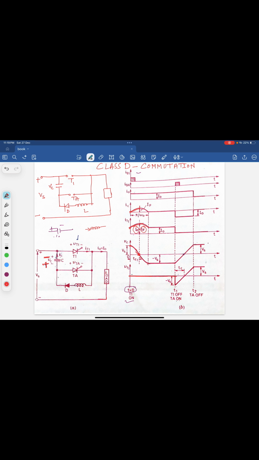Now what happens to this? All the parameters, the charging current only falls and reaches 0, and the thyristor current reaches that point, and now only the load current is left out. Here only the load current passes through IT1 because the charging